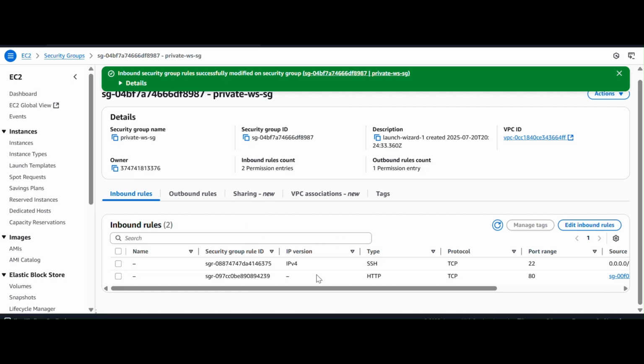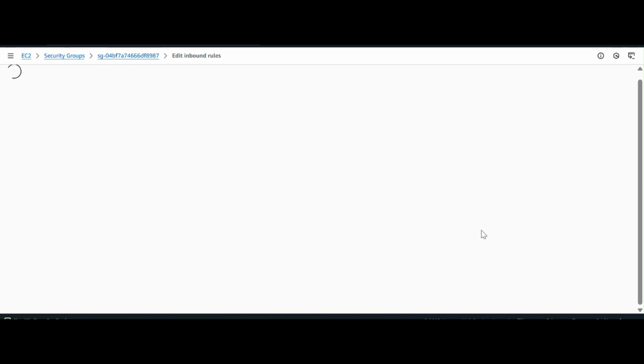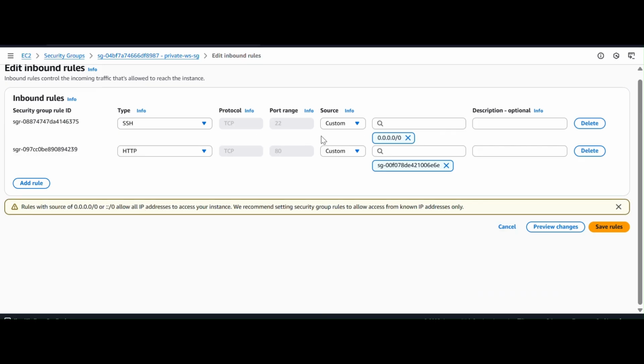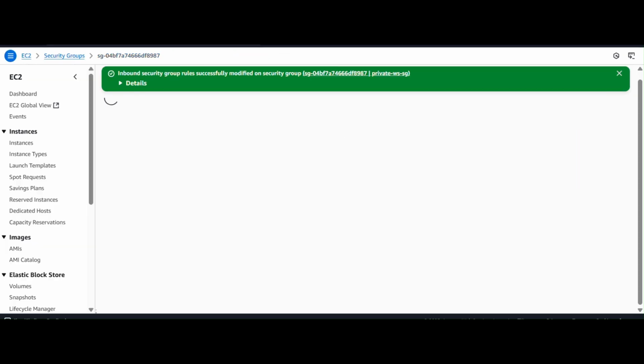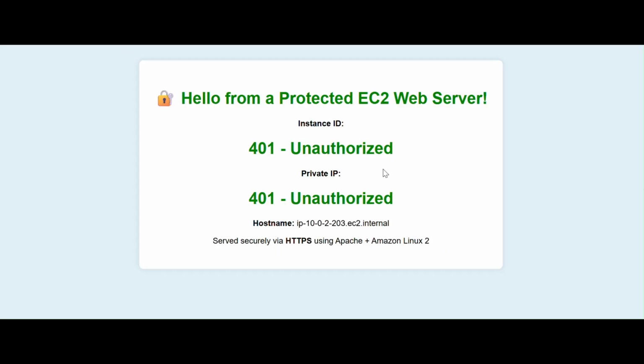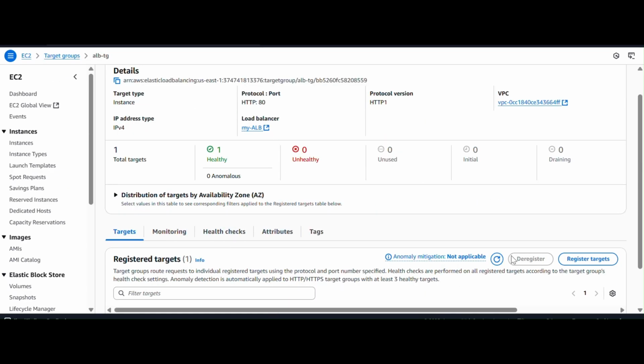Because the security group only allows this, the source is the security group of ALB. I can safely remove my SSH now as my server is running and save rules. And I could still have my server healthy,